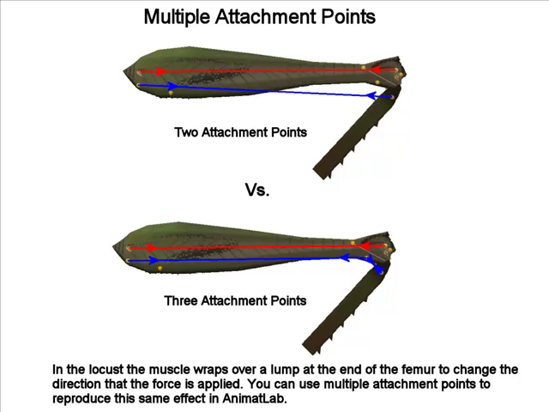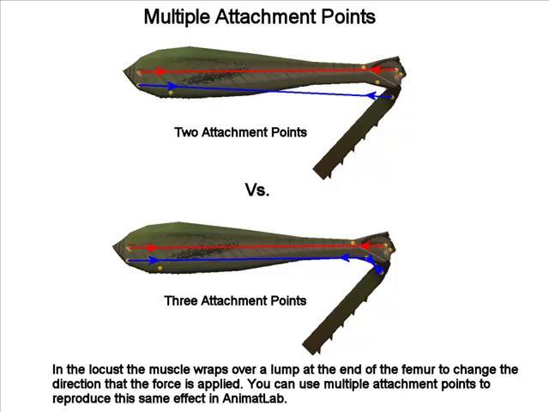You're not limited to only using 2 attachments. Sometimes muscles can wrap around bones or other parts of the body, and this can have a profound impact on the behavior of the muscle by changing the angle of attack and thus the vector that force is applied to the body. You can simulate this in AnimatLab by stringing the muscle using multiple attachment points. Force is always applied from one attachment point towards the next closest point to ensure that the force is applied